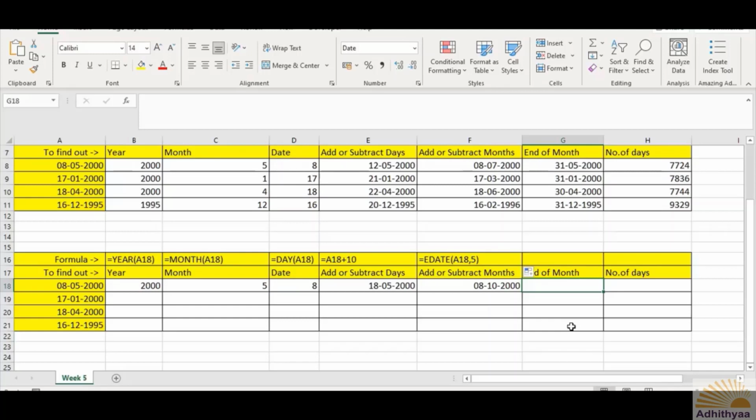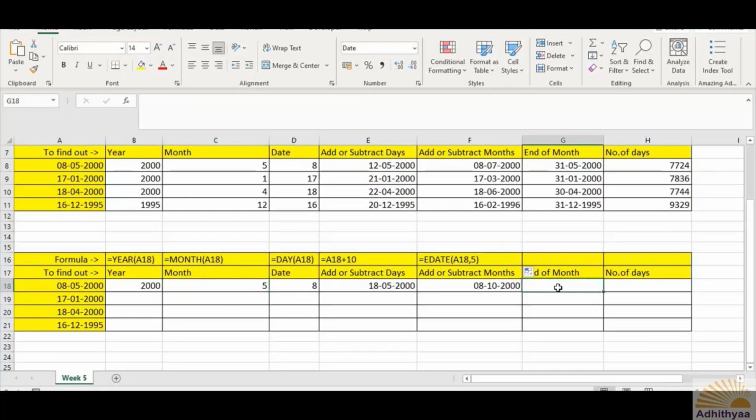Before that, I want to recall that when I was teaching you about MONTH, I also told you that there are two options available: one is MONTH and the other one is EOMONTH. The EO means end of month.